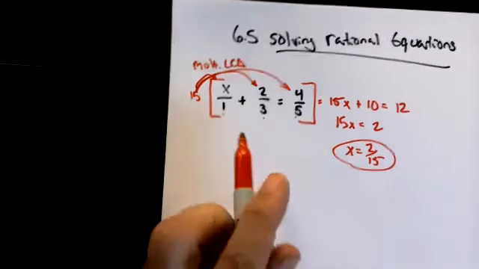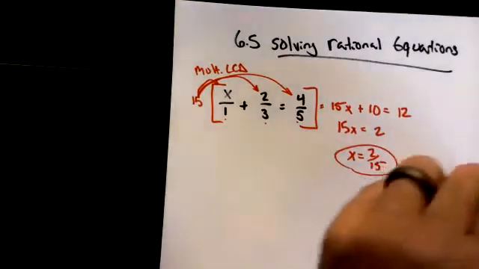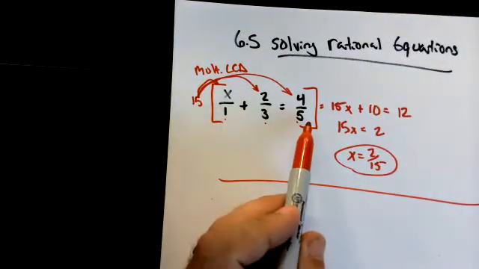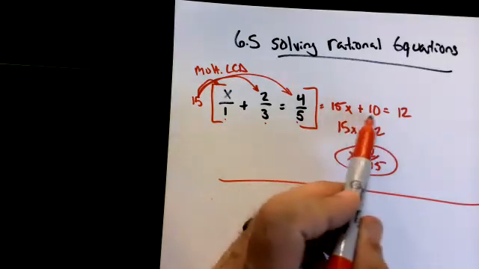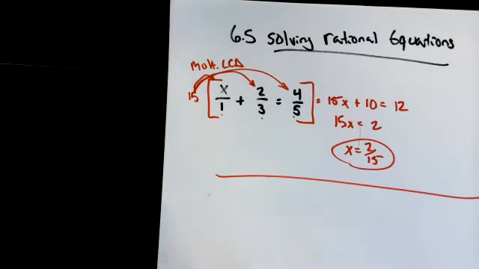In fact, we've already done a handful of these. But that's the same idea. So it's going to be multiplied by the lowest common denominator, get some simplified equation, which we can then solve for x. So we're going to do more of the same. So they're going to give us something like